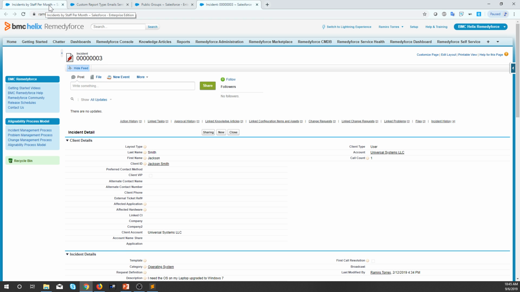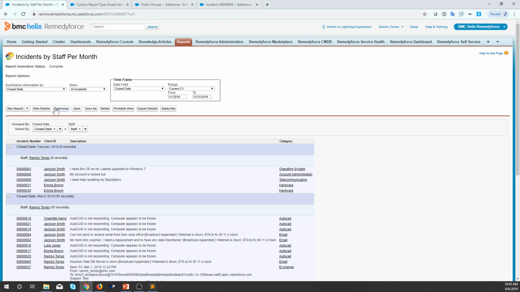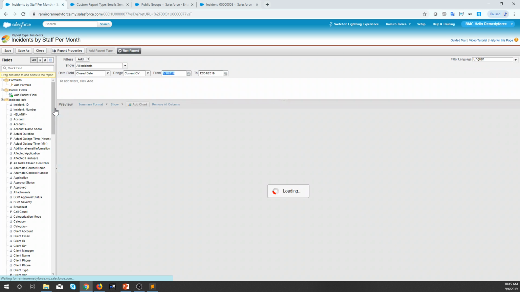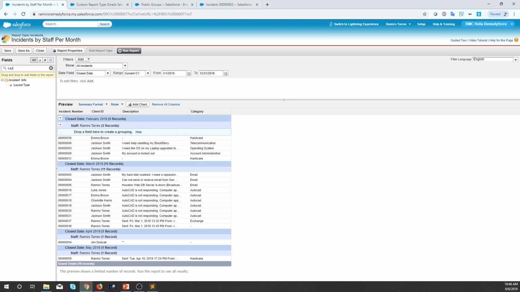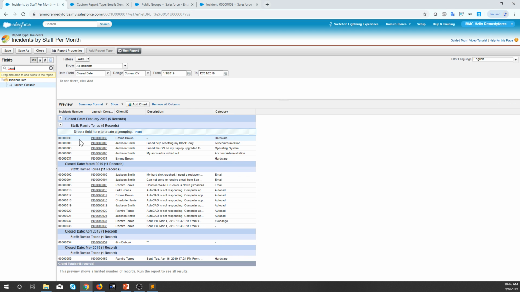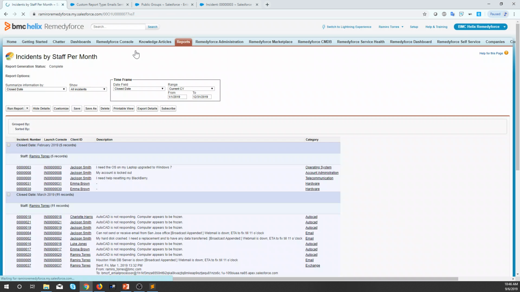Okay, but let's customize this and look for a field called launch console. Okay, you can either remove this one, the first one, and keep only the second one if you like. Save the report, run the report,